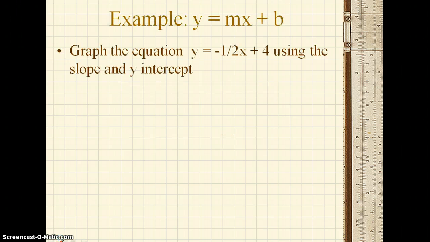So the first example, we are going to graph the equation y is equal to negative 1/2 x plus 4 using the slope and the y-intercept. This is the fastest equation to graph and is also the easiest. So most people will turn pretty much any other linear equation they can find into this one. So both standard form and point slope form would end up being rewritten into slope-intercept form